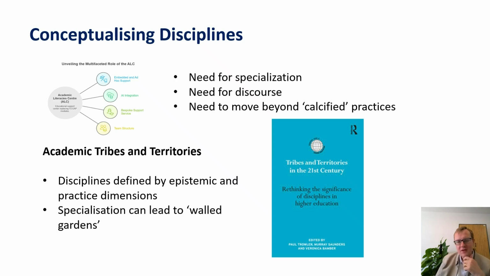Well, I would draw here on work by people like Paul Trowler looking at academic tribes and territories, because we may note that although, yes, we're all here, we're all working, learning, researching, we're all trying to learn more about the world, actually our focus is very different depending on our disciplines. Some disciplines are much more rooted in maybe a very hard realist ontology. Some, like humanities, which my background is in, is much more relativist. And so therefore, how we understand the world, how we interpret the world, is going to change.